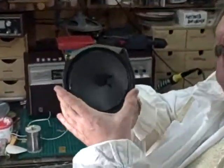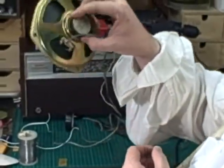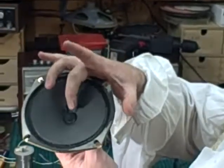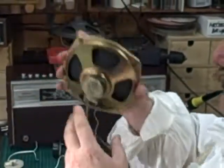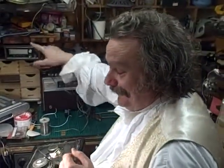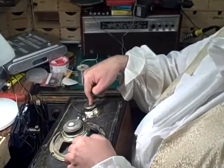Now, originally there was just the one speaker like this inside, 6-inch, quite a nice one, but not a particularly big magnet on it and not a particularly large voice coil. Of course, just the one way, not even a dual cone. So could we do something? Well, nice cloth surround woofer, a redundant Amstrad tweeter